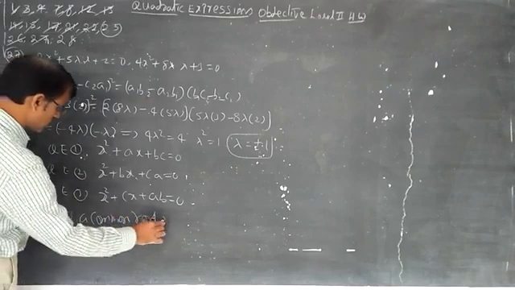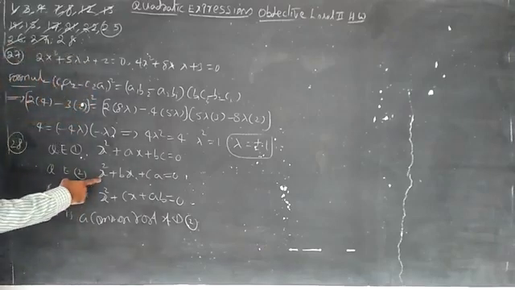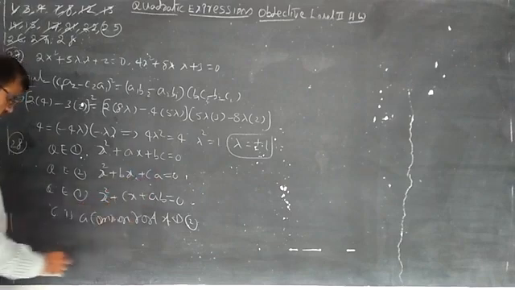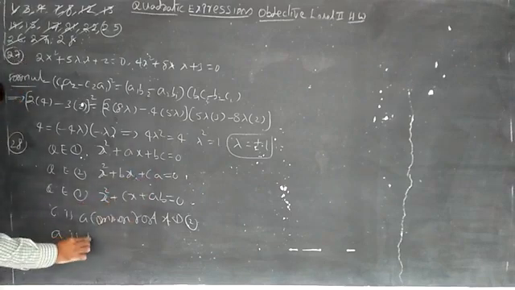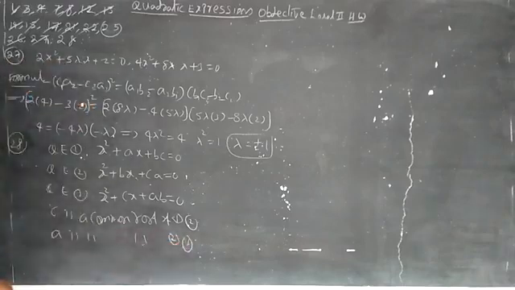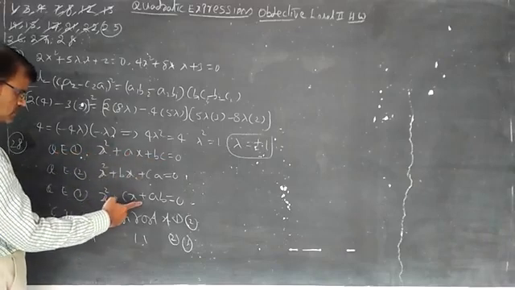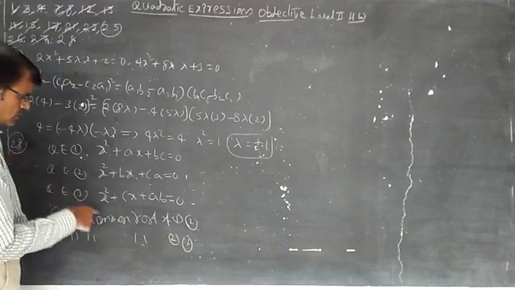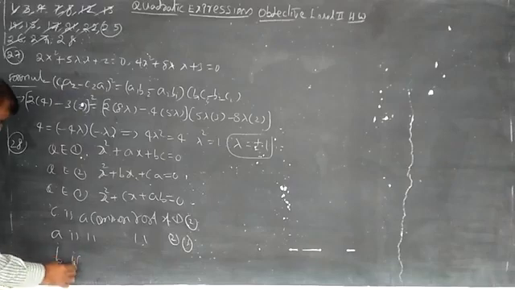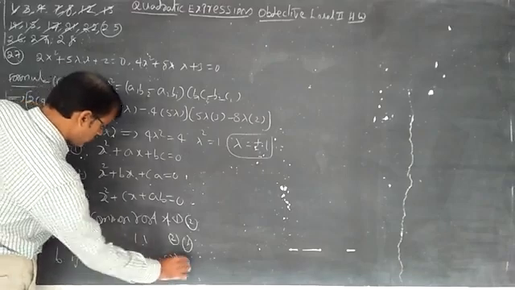C is a common root of 1, 2. And if we put a here, we get a square plus ba plus ac. A is a common root of 2, 3. And then now b square plus ab plus bc, b square plus ca plus cb. Then b is a common root of 3, 1.